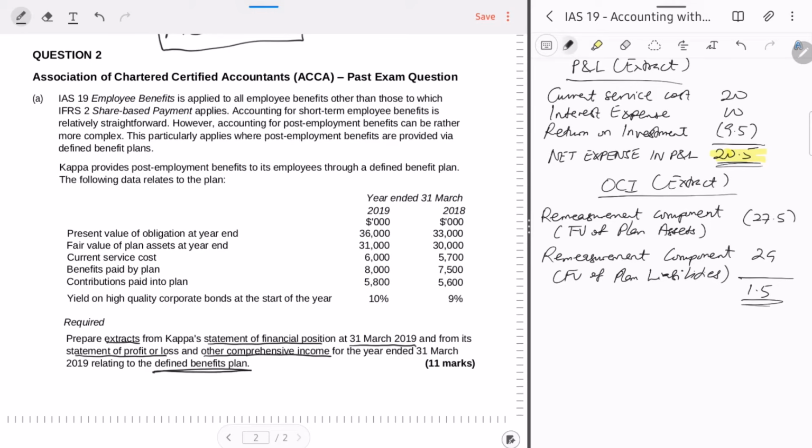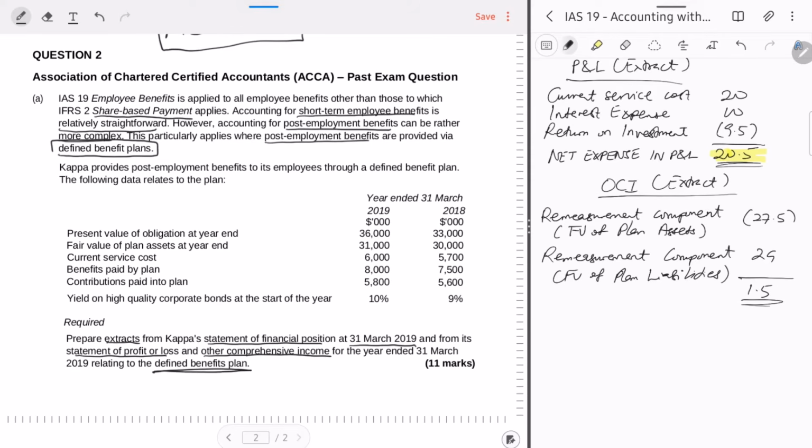So what does the question say? IAS 19, employee benefits, is applied to all employee benefits other than those to which IFRS 2 share-based payment applies. That's true. Accounting for short-term employee benefits is relatively straightforward. It's true, just an expense in P&L, payable in balance sheet. However, accounting for post-employment benefits can be rather more complex. This particularly applies where post-employment benefits are provided by way of defined benefit plans. We just saw that it has a lot more workings, but like we've seen, there's a template which will make